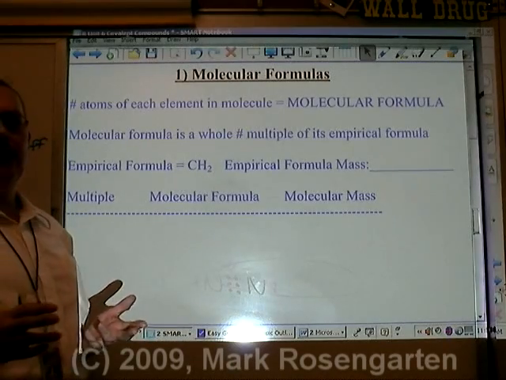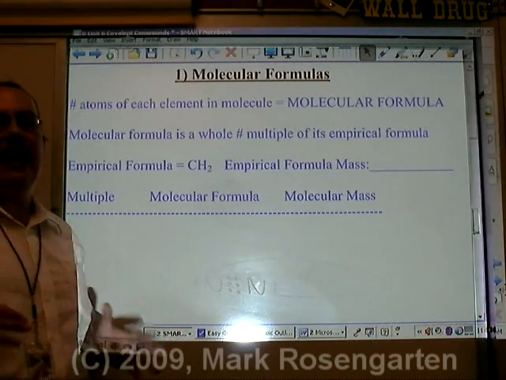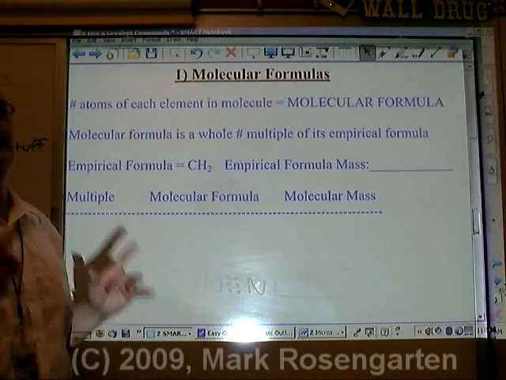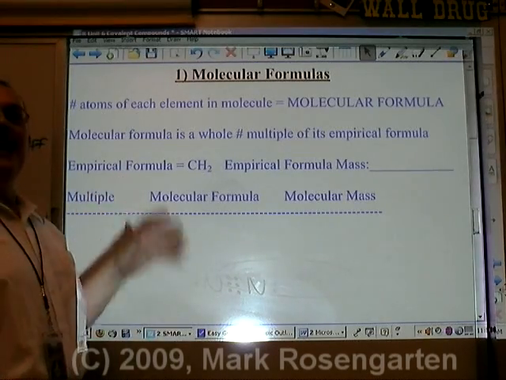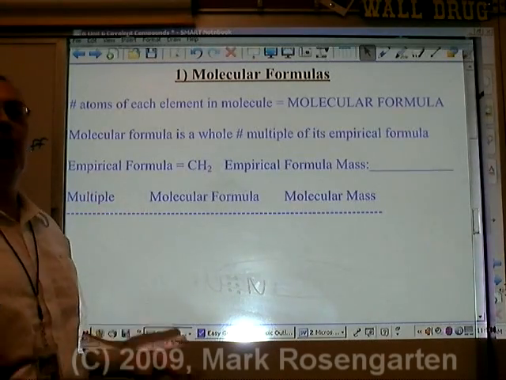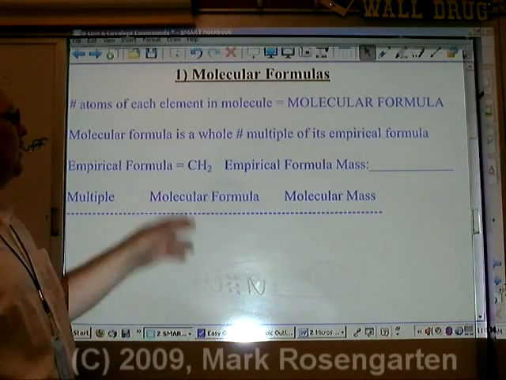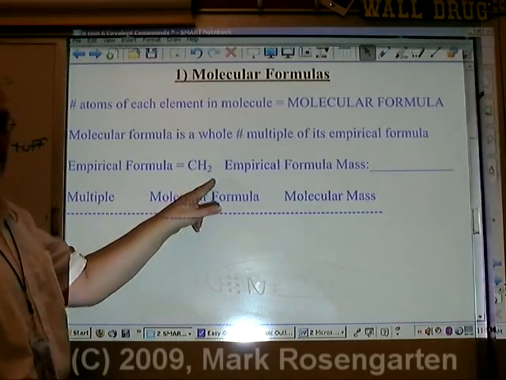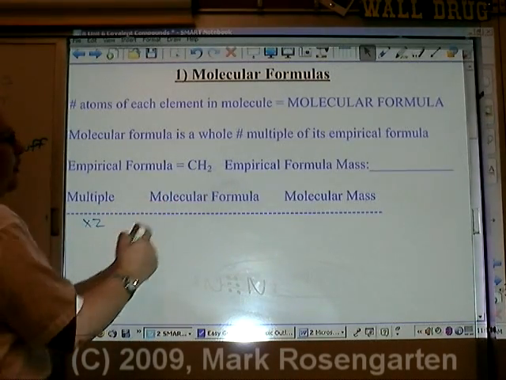The molecular formula of a covalent compound will tell you exactly how many atoms of each element are in a molecule of that compound. The empirical formula is the simplest whole number mole ratio of atoms in the compound. Now, if the ratio is 1 to 2, 1 carbon to 2 hydrogens, if we double that, the molecular formula